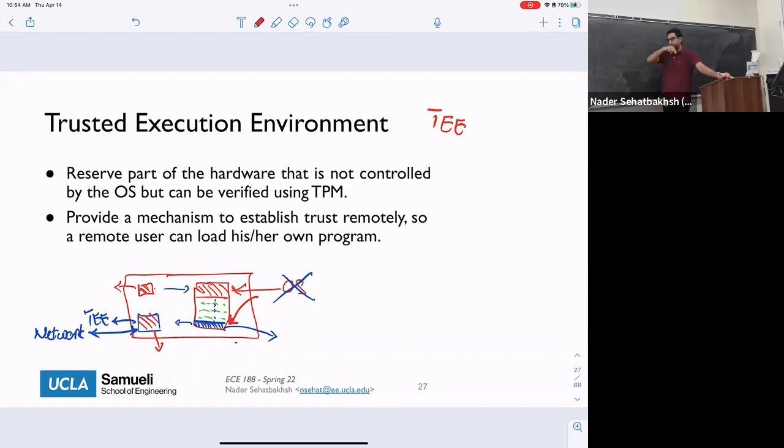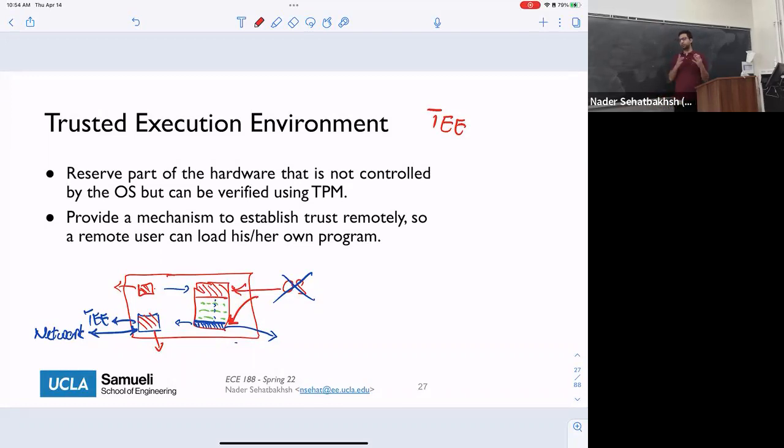So maybe wait a little bit. Once I go through the steps, you will see why we need T in addition to TPM. But as I said, genuinely think about T as an interactive version of TPM. Mentally, if you want to think that these are the same things, it's okay.